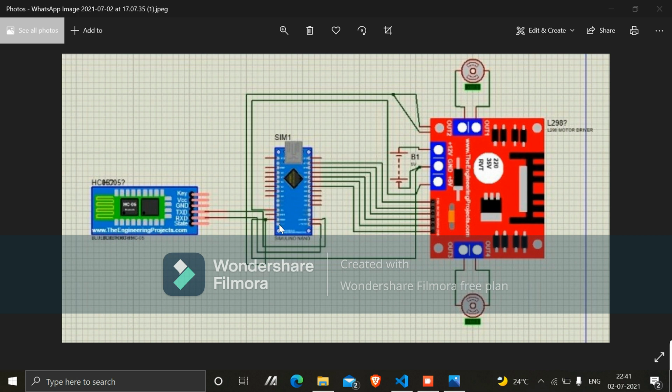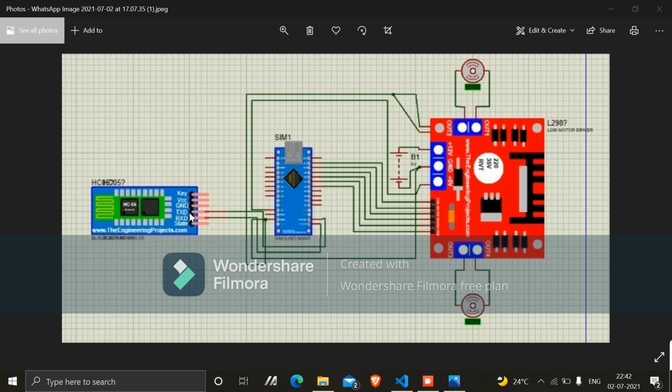Now let's have a look at the connections of the HC05 Bluetooth module with the Arduino Nano. The VCC pin of the Bluetooth module is connected to the 5 volt terminal of the Arduino Nano. The ground pin of the Bluetooth module is connected to the ground pin of the Arduino Nano. The transmitting terminal of the Bluetooth module is connected to the receiving terminal of the Arduino Nano.